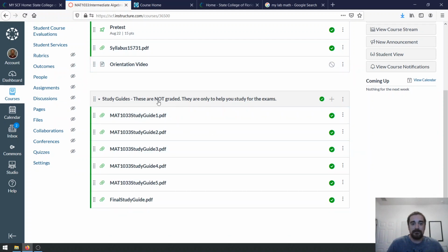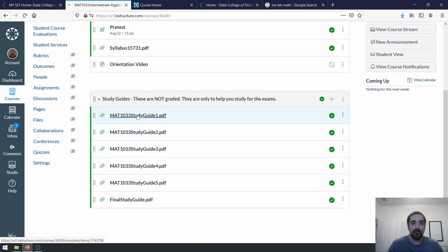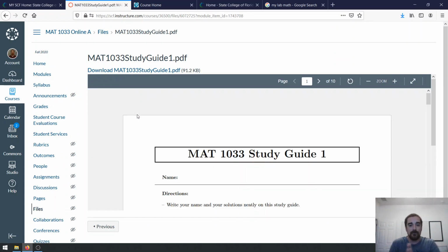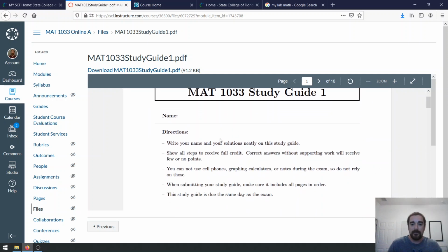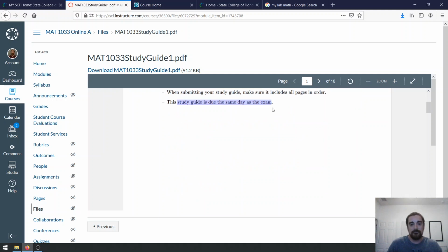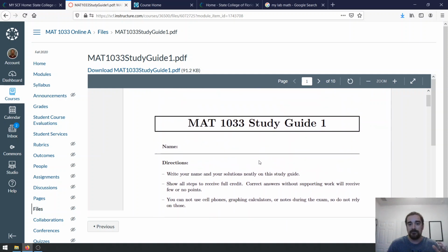This stuff is not for a grade, but it is helpful for each exam. So the exams you'll be taking over in the MyMathLab software. But I wanted to give you guys some extra help, just like I do with my face-to-face sections. I give them these study guides. So again, don't worry about this study guide being due the same day, but this is the actual study guide